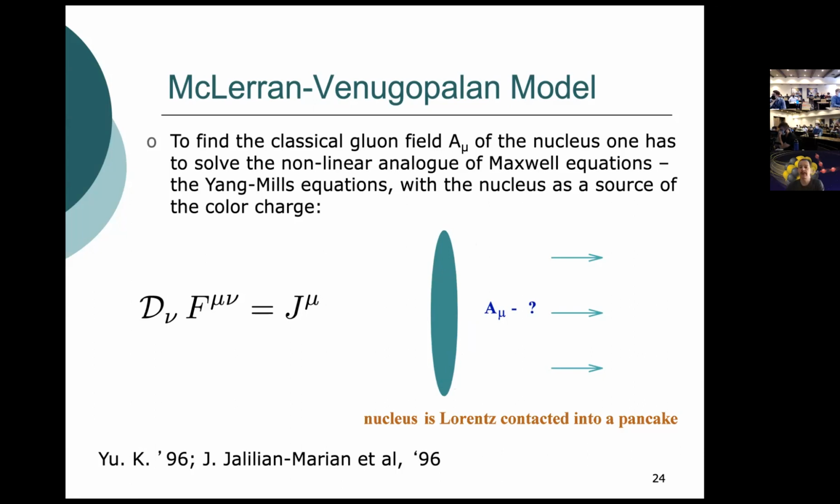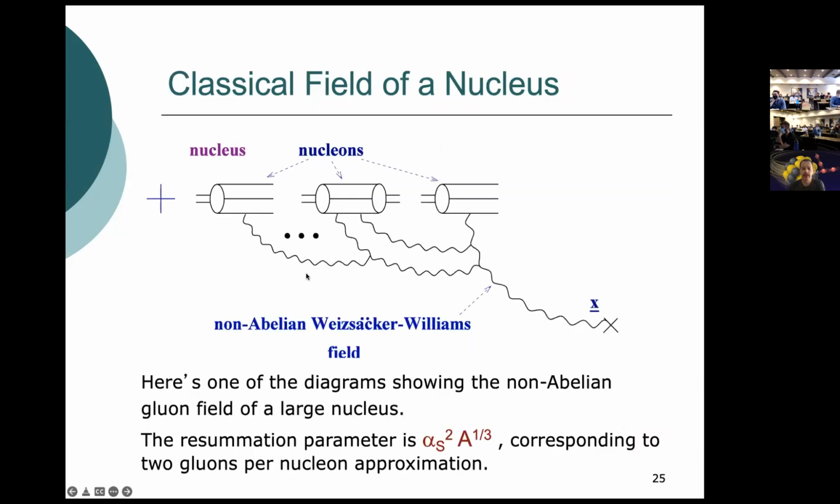And one can find the gluon field. And then what do you do with this gluon field? Well, you can calculate the gluon TMD, right? This is a TMD winter school, so you can take the gluon field and calculate the unpolarized gluon TMD at small x. And that indeed is also doable.